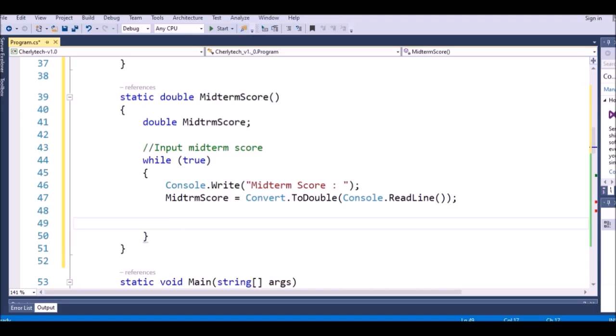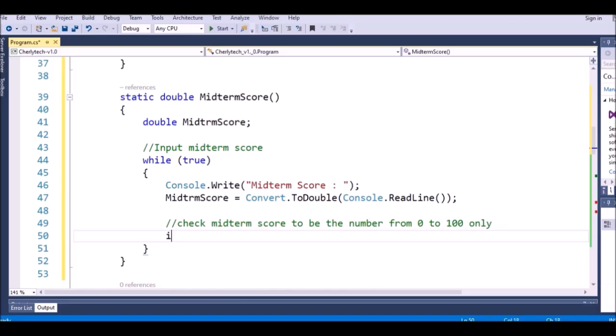So we will write: check midterm score to be the number from 0 to 100 only. To do that, we use the if statement. So if